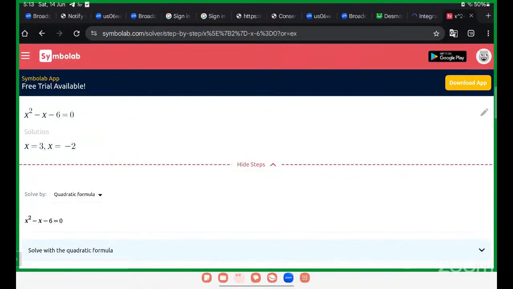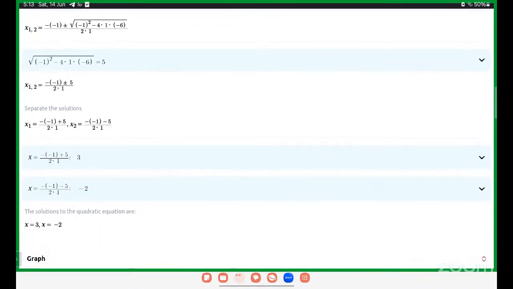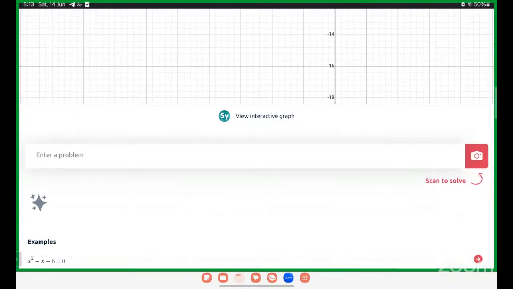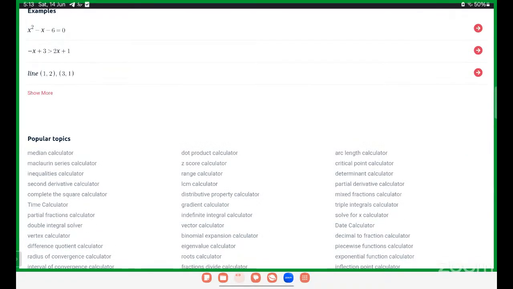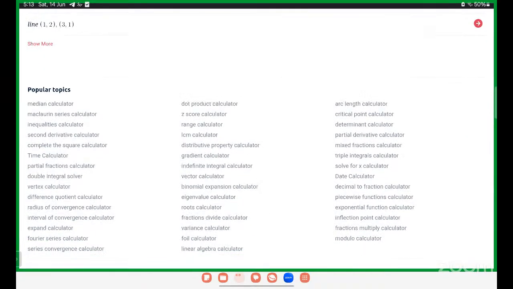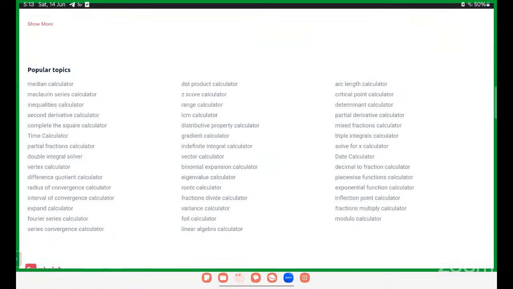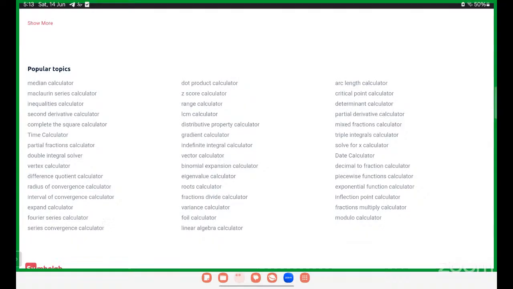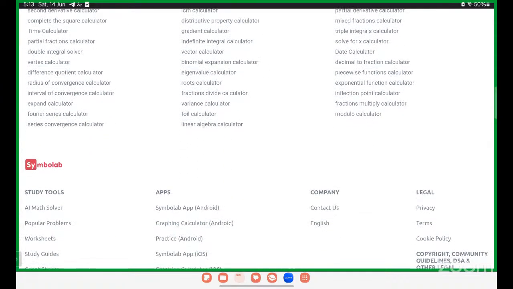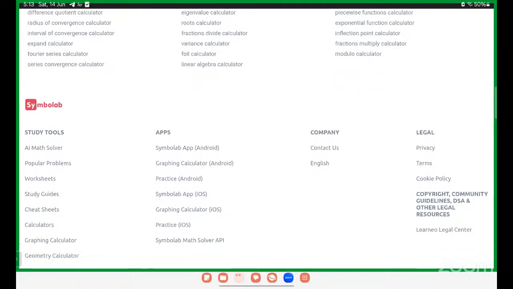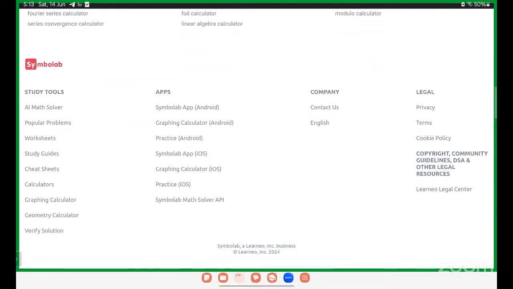Okay, so with the help of this tool, we can factorize the functions, as I told you, and there are many sections included here, like what we can do, we can calculate median, time, integrations, anything, expand, Fourier series. It solves engineering problems also, higher mathematics also. Okay, so these are some digital tools we can use in teaching.